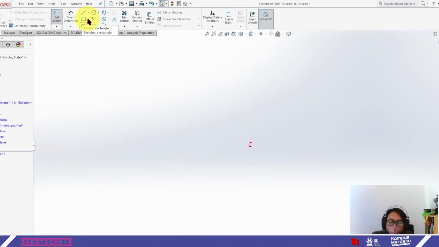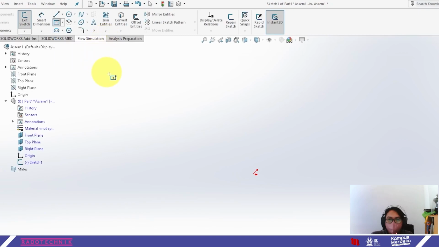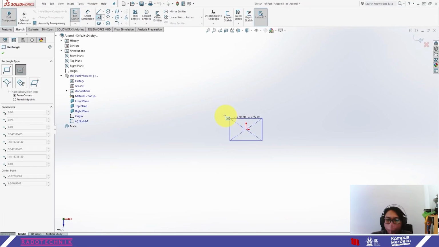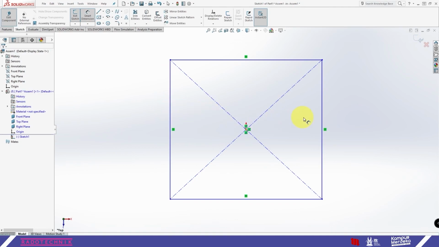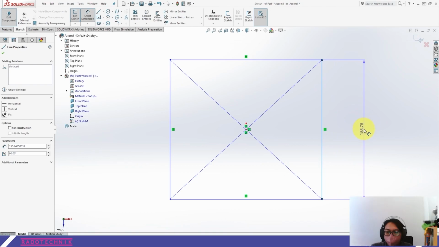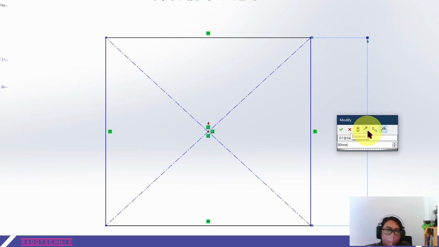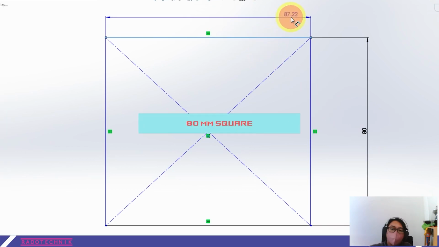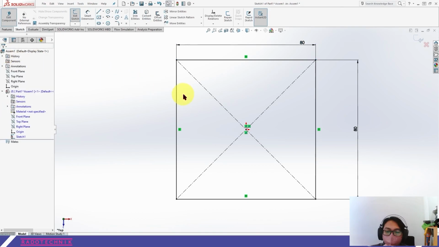Now draw the base using Center Rectangle. To make it easier, change the view orientation to the top. Now draw some square. Add the dimension. In this particular square, we want to use 80 mm by 80 mm. So type 80 mm and the other 80 mm. After that,